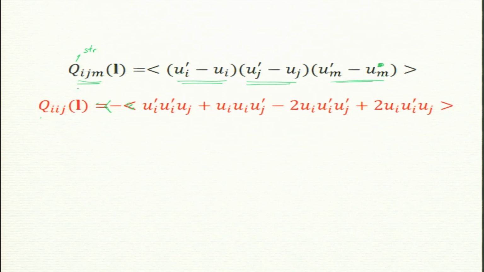If I make j equal to i and expand, so it is Iij. It will have all the combinations: 3 primes, 2 primes and 1 prime, all no prime. So this is how we get it. Okay, now you can see this yourself. I will not bore you with the details, except that the 3 prime terms are not there.